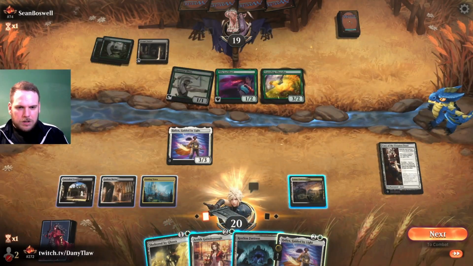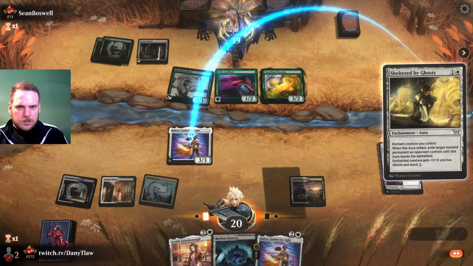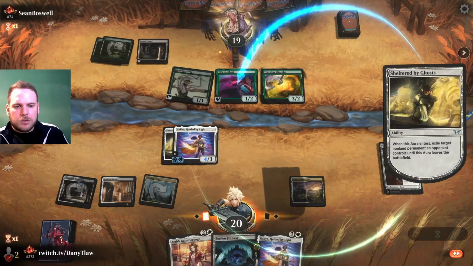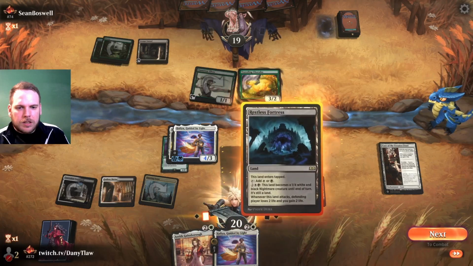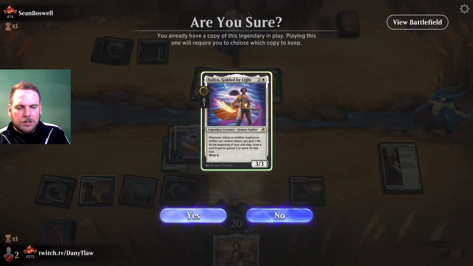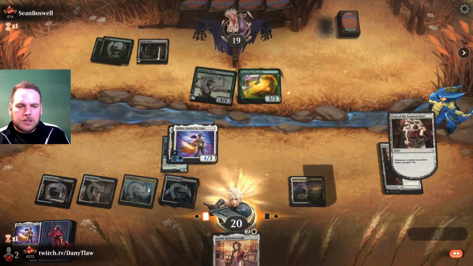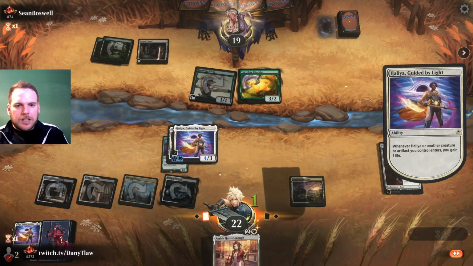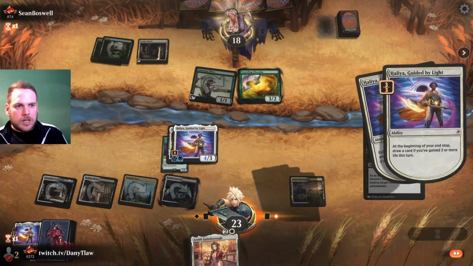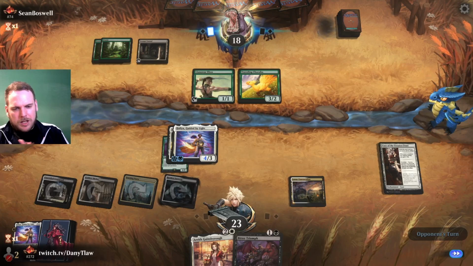That is an interesting one. I would like to get rid of Chocobo too, but cannot. And need to get some life. Yes. Need to draw, right? Need to draw cards. And this card is really good. Okay, finding a removal here is pretty nice. Definitely nice. So we gain life and we gain life and we...